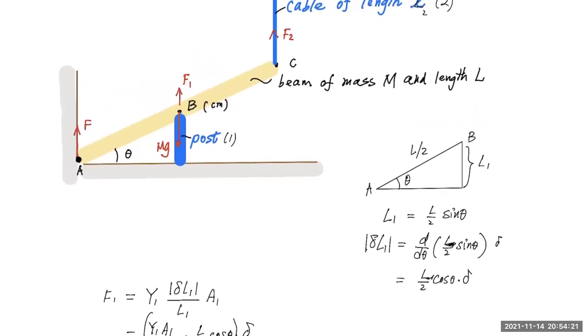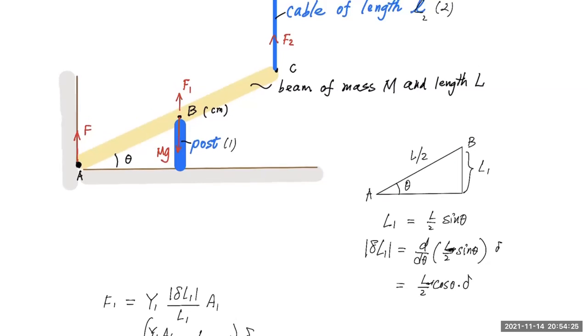Okay, in this case, the cable is being stretched by a certain amount. Now, how much is the cable stretched? Well, you don't have to start from scratch. You notice that as the beam goes down by changing the angle theta by a small amount, both points B and C will go down. But since C is twice as far from point A compared with point B, C will go down twice as much. Okay, you can examine this same triangle here,